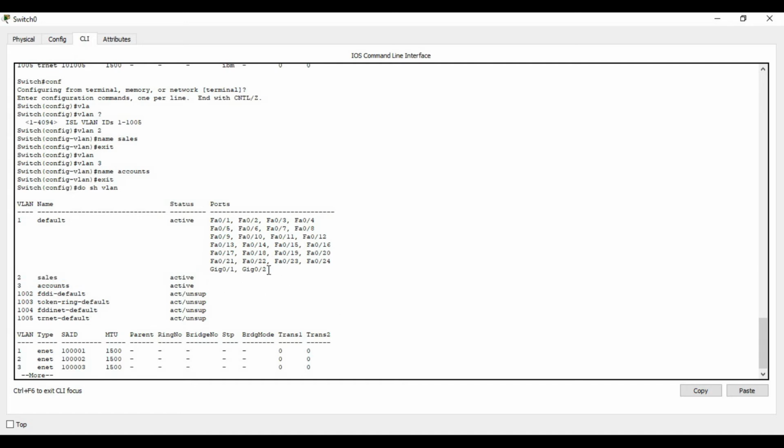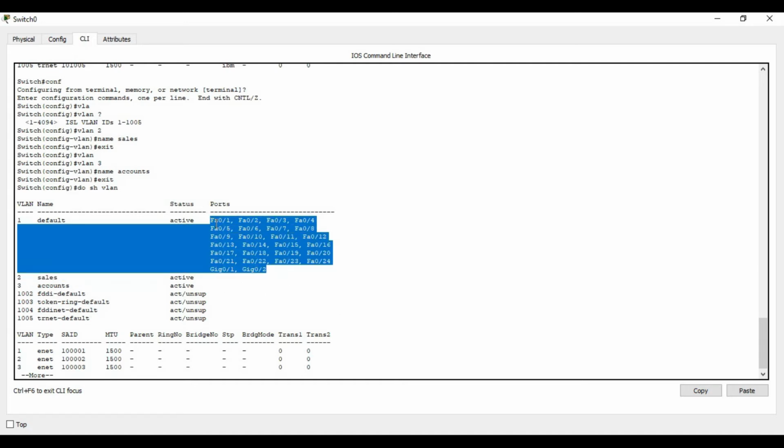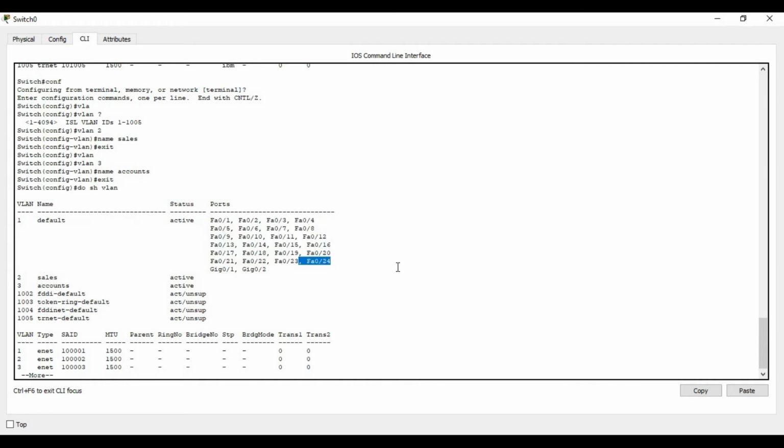But you can see all the ports from Fa0/1 till Fa0/24 and Gigabit 0/1 and Gigabit 0/2 are still part of VLAN 1. If we want any of these ports to be part of these two VLANs, we need to put them inside these VLANs directly.